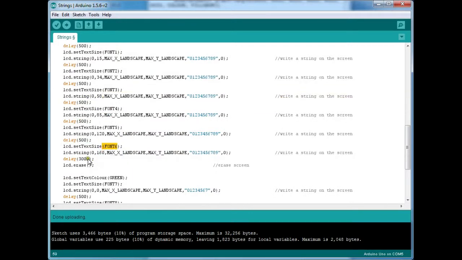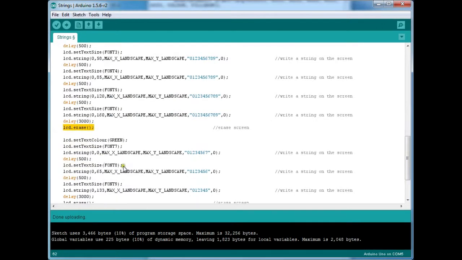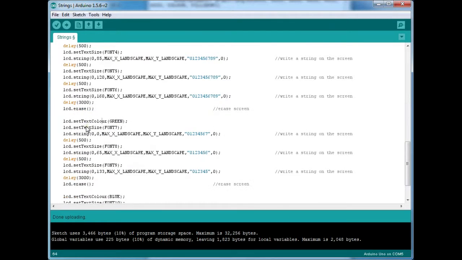Then we are giving a delay of 3 seconds, erasing the whole screen, lcd.erase. This is a master function. lcd.setTextColor green. So our color is now changed to green. So this time we'll be printing less number of characters, that is 0 to 7.